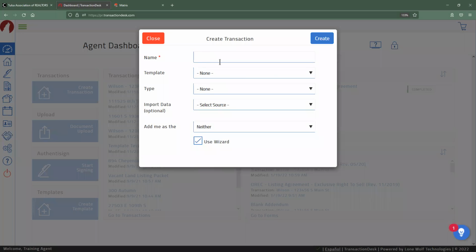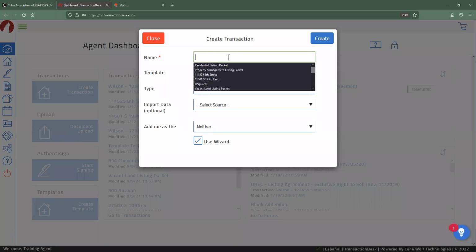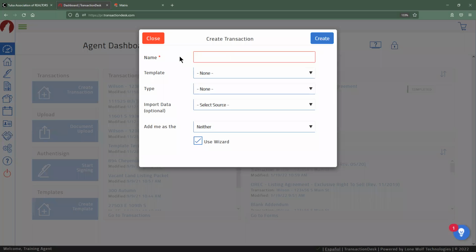So let's start off with this name up here at the top. Again, since we're trying to conceptualize the transactions as effectively a folder, this name is actually going to be just like we saw on the old manila folder. You just have that little file tab up the top. Name this something that's going to make sense to you. So if you like doing a specific naming convention, make sure that you put the name in the way that you would like for it to appear that's going to make sense to you in the future.